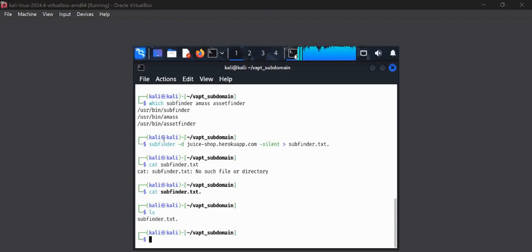So I ran this command, subfinder -d with the target. This is to query public sources like DNS records, certificate transparency logs, and other databases. It happened that the output was empty. This means that the target jewishshop.heroku.com is a specific host name, not a base domain. Subfinder looks for subdomains of the input, and it is possible that there are no subdomains publicly registered for